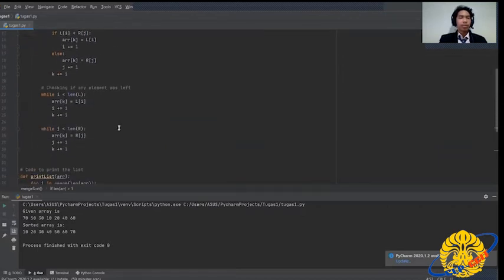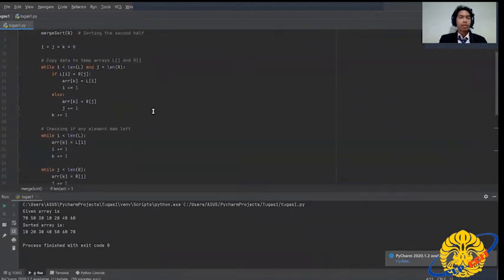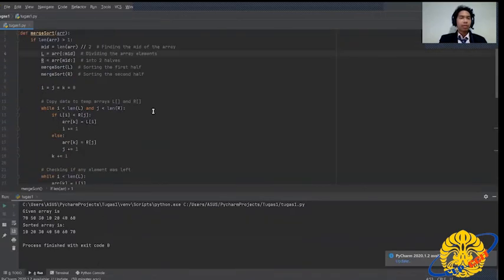So here we define i, j, and k equals to 0. Then the next step is to copy the data that will be input to the temporary arrays, which is L for the first half and R for the second half.